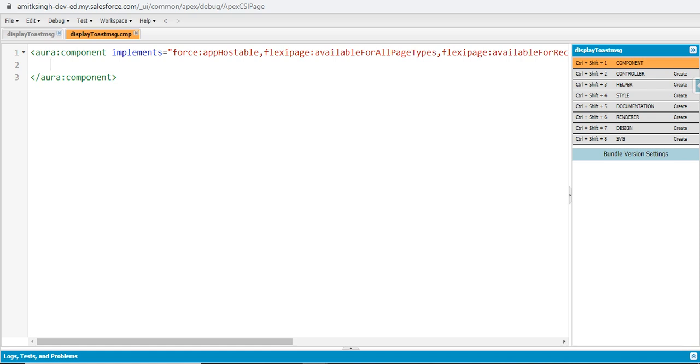Now I have to display a button that will display the toast message on the particular screen. So for this I have to write code like lightning:button and label is like "click on me",